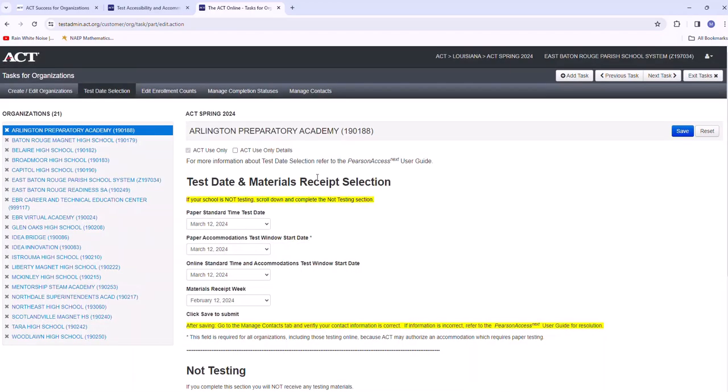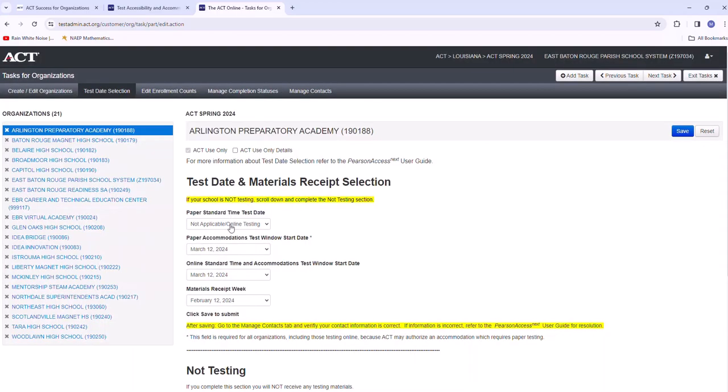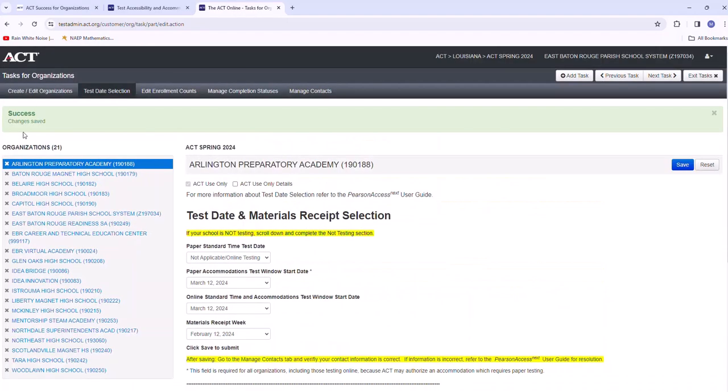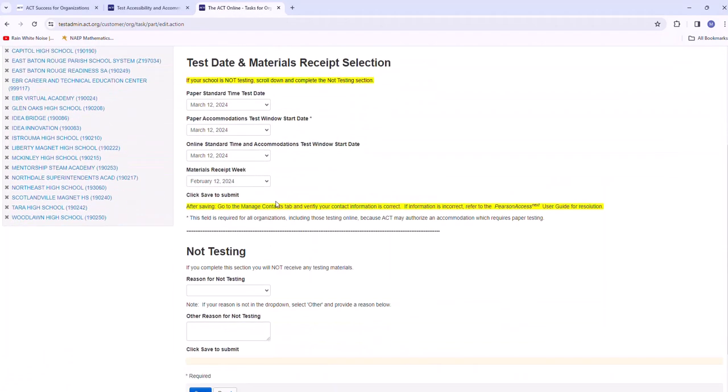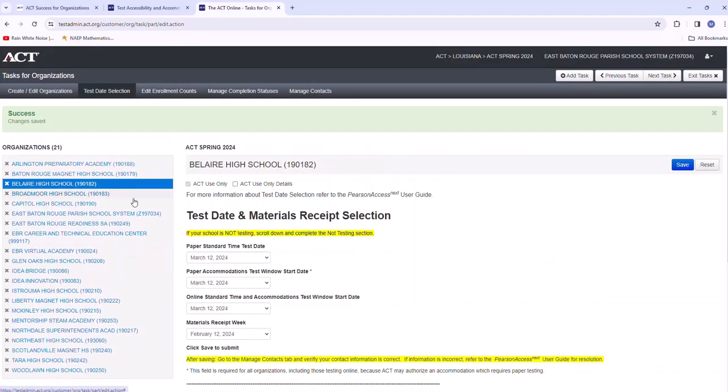Okay, so let's just do this. I need to go back real quick and just do this. Well, why is this doing that? It says, you're attempting to leave a page that is unsaved. Oh, I forgot to save it. That's why. I'm sorry. So save. This is how you do stuff in here. I'm going to do this for you. It won't take long. I just want to make sure I do it now because if I don't, I will forget.